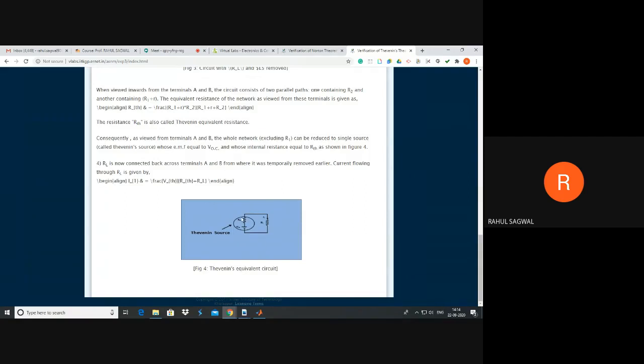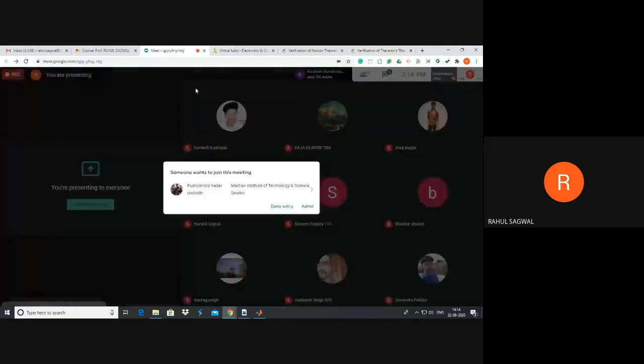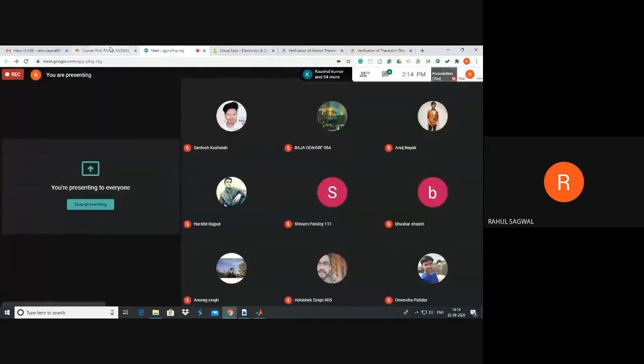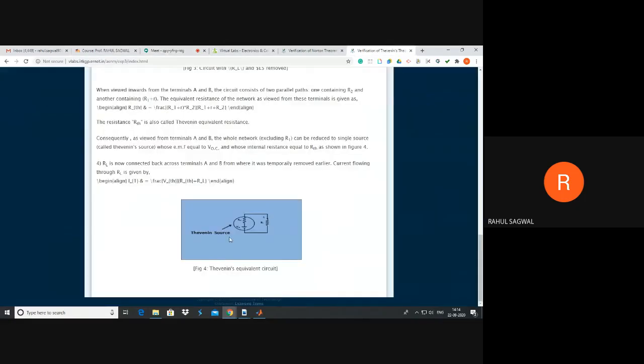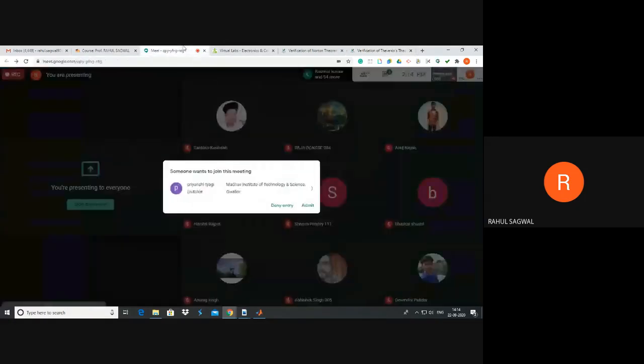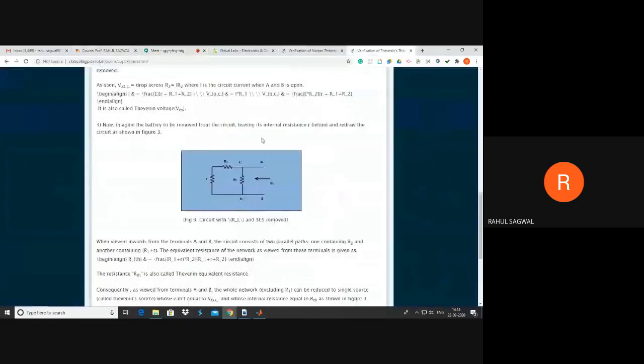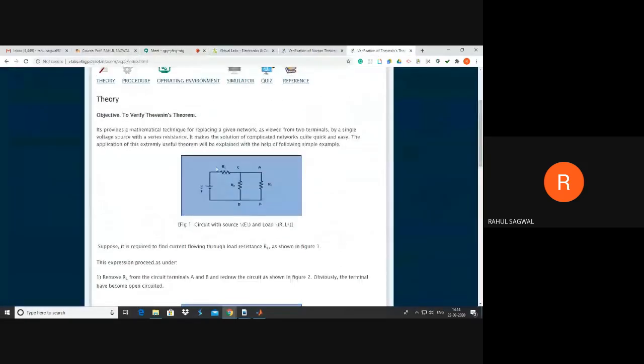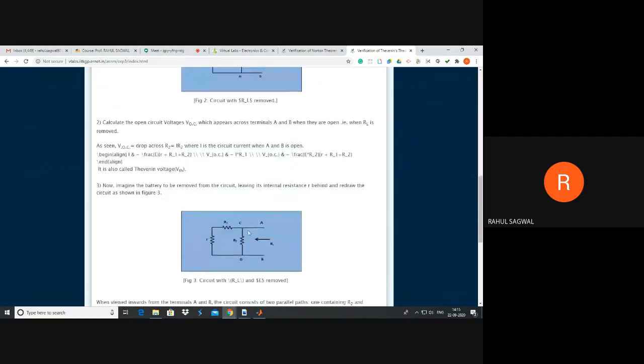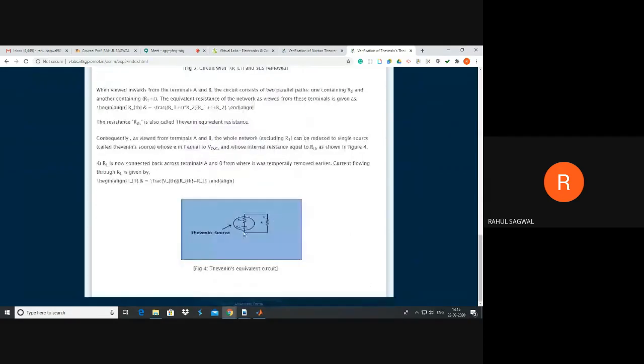So accordingly, what we did here, we calculated the load current through this branch RL. That was our first step. Once you know the load current in this branch, next, after calculating VTH and RTH, you plotted an equivalent circuit here.